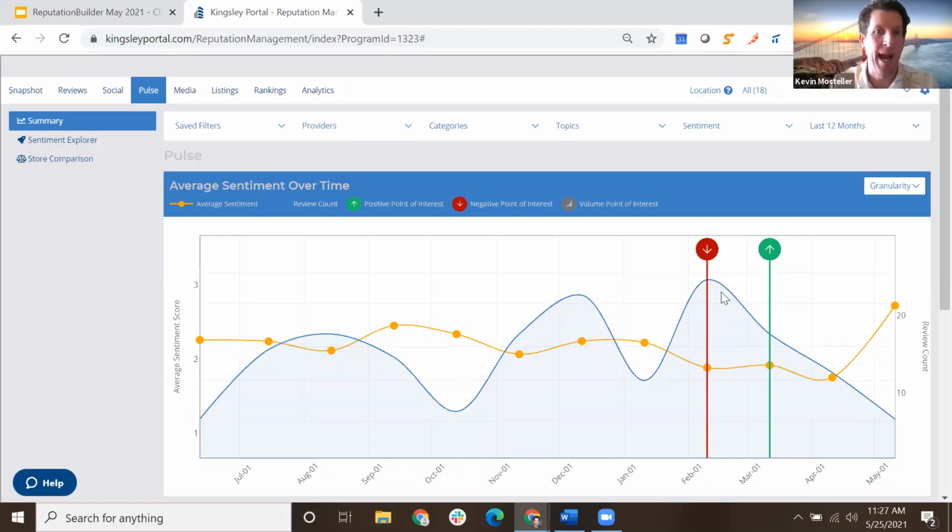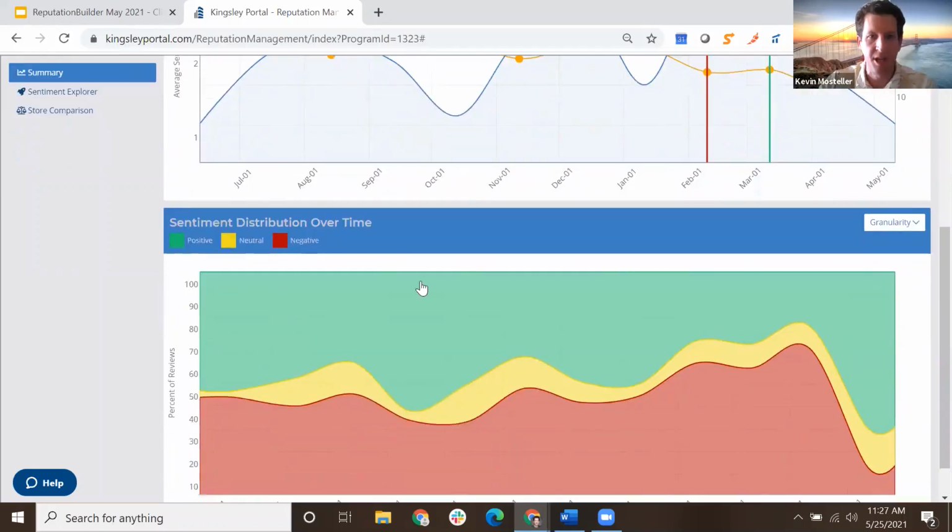So maybe somebody had an accident in the pool and they're like, oh my God, the pool's disgusting, the pool's so gross, management never takes care of the pool. That's going to be a lot of mentions about a certain point of interest, the pool. And that is what this one page is showing you. Also, sentiment distribution over time, showing you some positive, neutral, negatives over time across your different properties of what's hot,